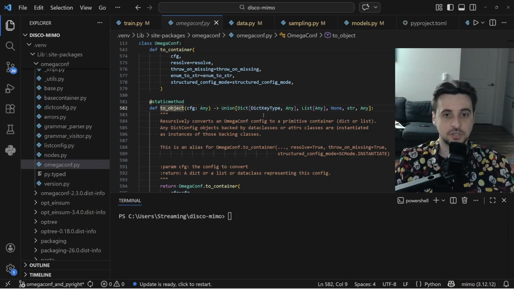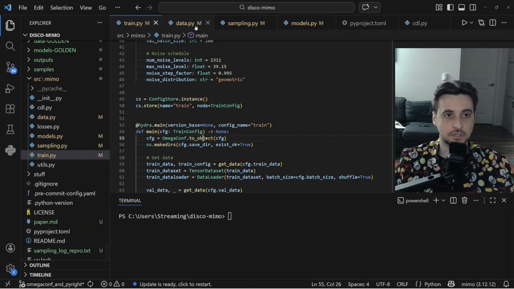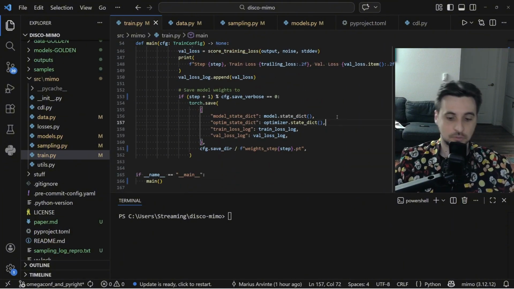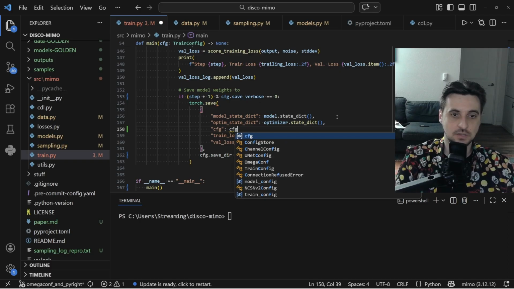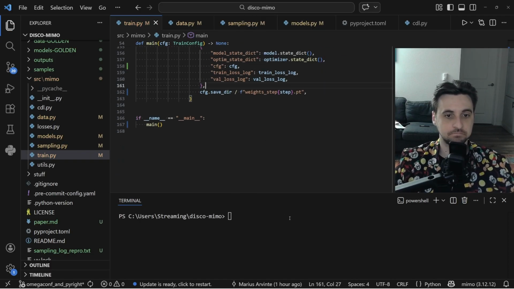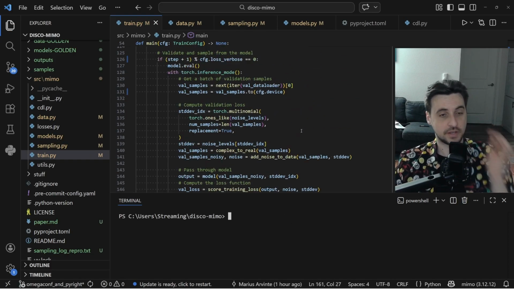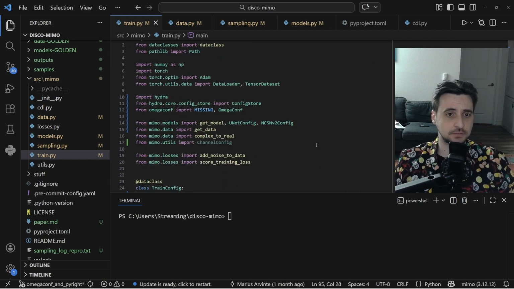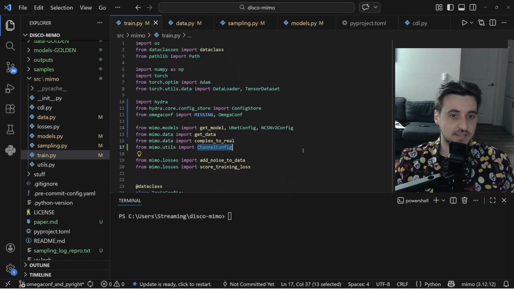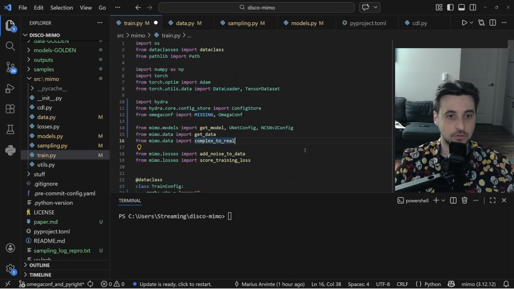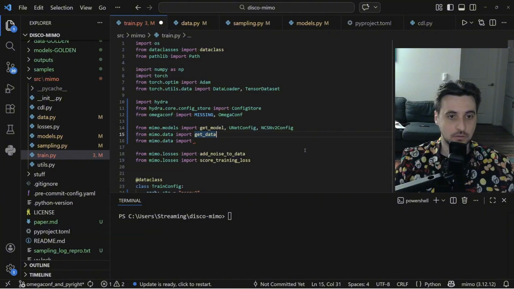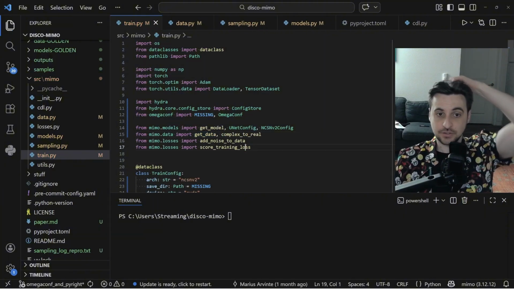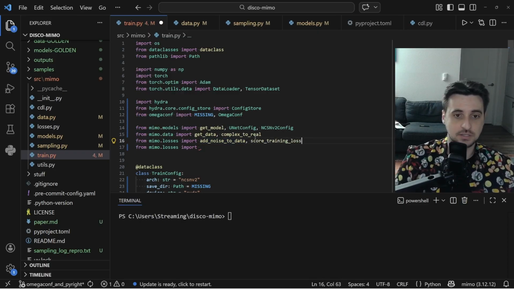So to object, what? It just gives me a dict, right? Okay, so CFG. And I think we're done. Wow, we're actually done hydrifying the training app, which is pretty impressive. So the nice thing is I have all this now, right? So I can just, let me clean this up a bit. So now what I can just do is